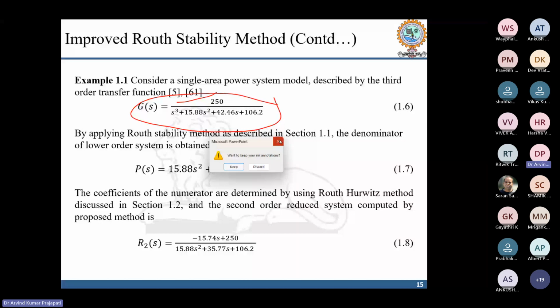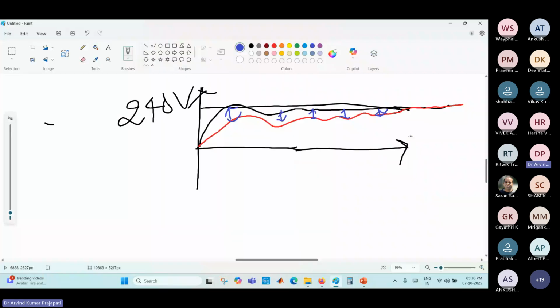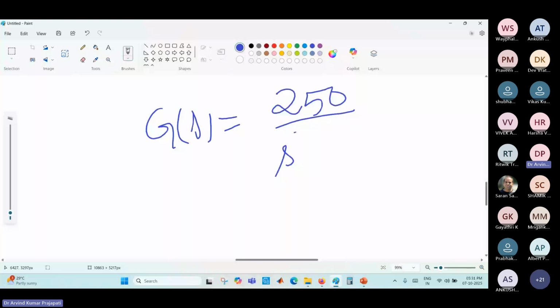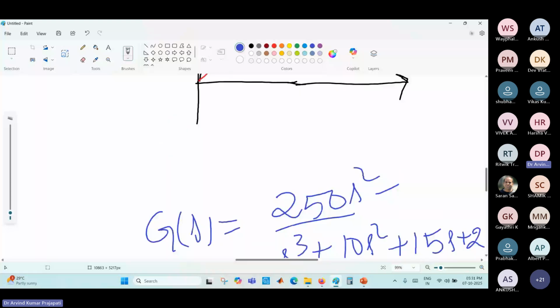So here I'm just going to tell you how you can do this. Take a transfer function of 250 divided by s cube plus 10 s square plus 15 s plus 2. Now I want to convert it into a second order system. We can write another transfer function like s square plus 10 s plus